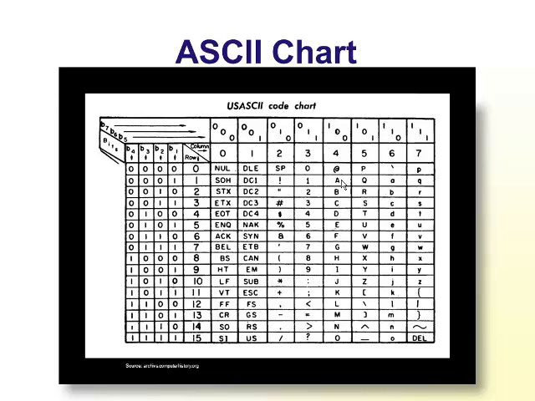So that's how numeric values are assigned, or binary values are assigned to letters and to numbers. As you can see from this table, every single key on your keyboard has a value assigned to it, and you can see that value from this table. Now, in the next video, we will talk about programming languages and about